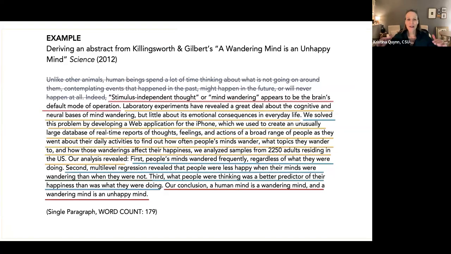So just as we read through all of those first sentences, here I've just pulled them together so that you can see we have an intro to the main point: stimulus independent thought or mind wandering. We have information about the lab experience revealing very little and how that's crucial, and this fills a gap. So they have a methodology, right, that they've used. They have findings and then a conclusion.